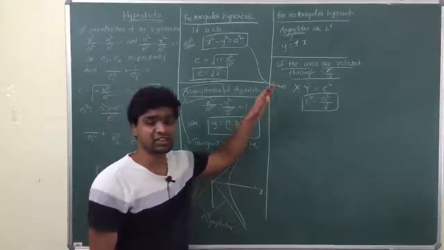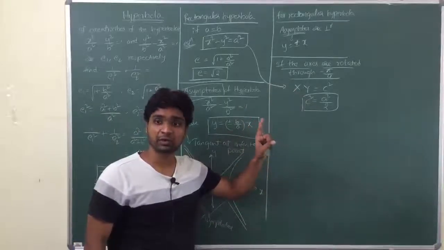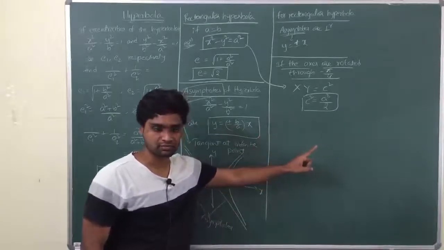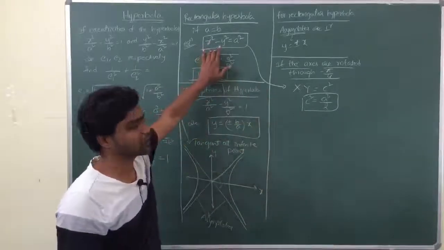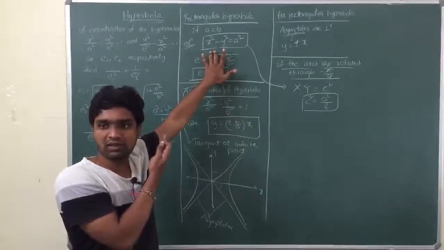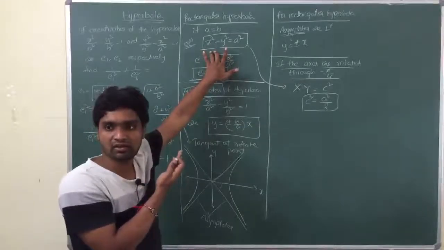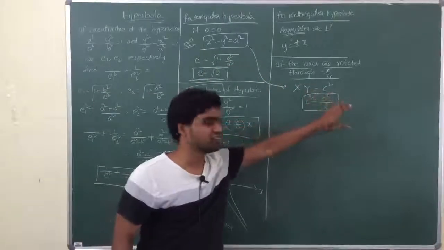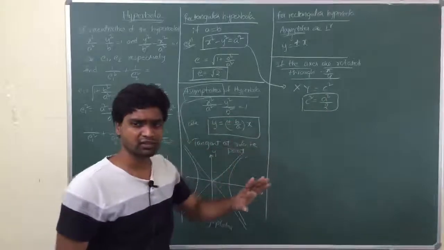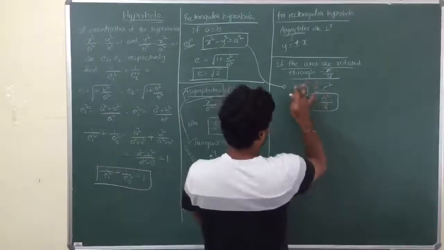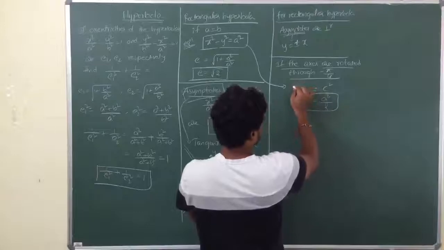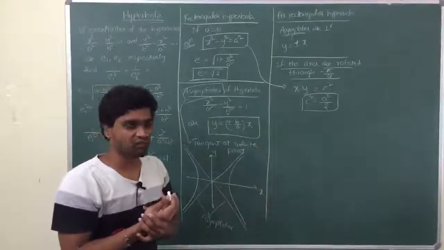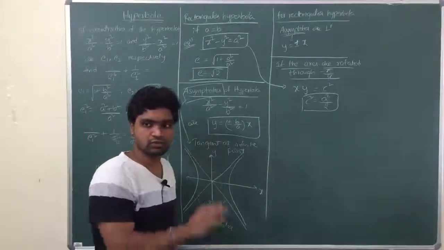Because that will be with respect to the new axis. Remember that. With respect to old axis, again, that will not be the equation. Okay. What is the equation with respect to old axis? This one only. X square minus y square is equal to A square. Okay. With respect to the new axis, it will be capital X into capital Y is equal to C square. Now I'm changing everything. Small x into small y is equal to C square. Why that? Okay. Xy is equal to C square, where C square is equal to A square by 2. Okay. Why am I changing?